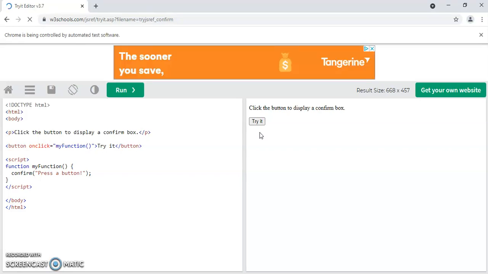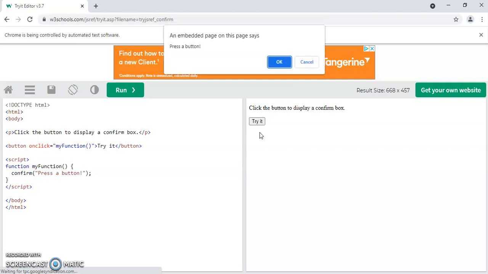So it has opened my Chrome browser. It's getting loaded. It has clicked on the try it button.